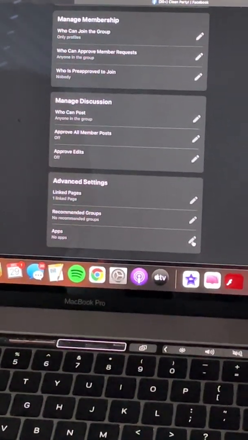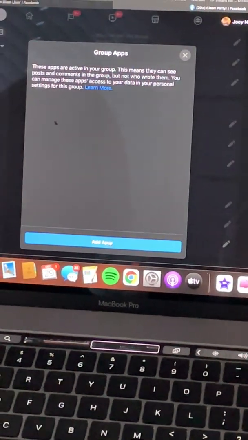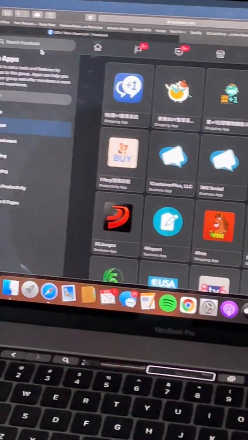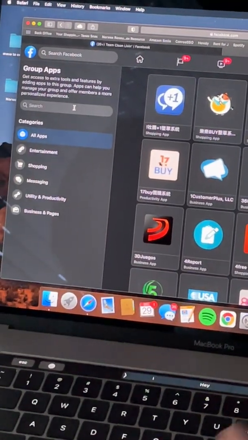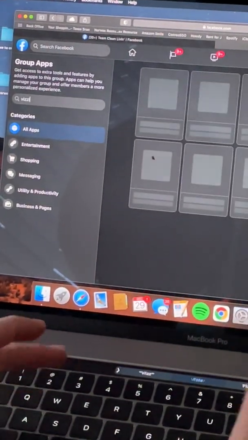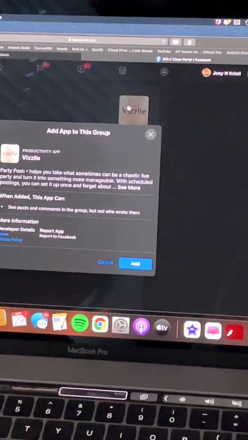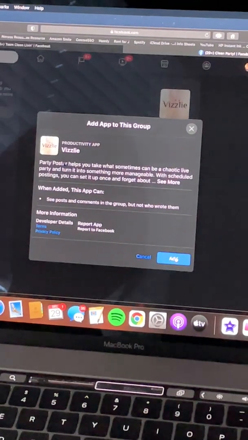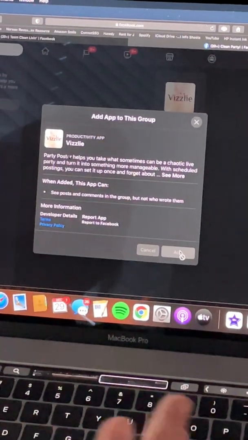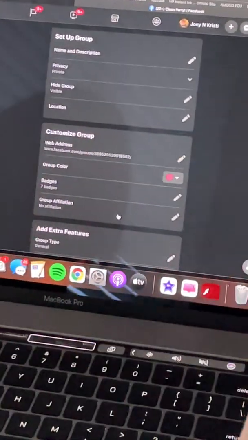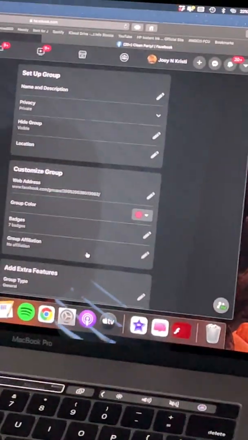Okay? And when I open that up, nothing is added right now. So I press add apps and I'm going to search for Visly. And there it is. There's Visly. And I'm going to add it. And what this does is it lets Visly and Facebook talk to one another, and Visly will automatically post when